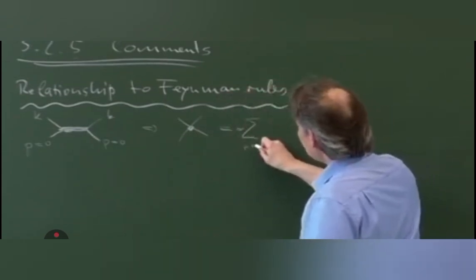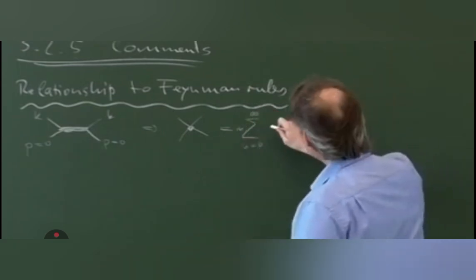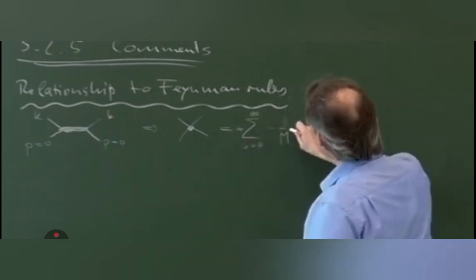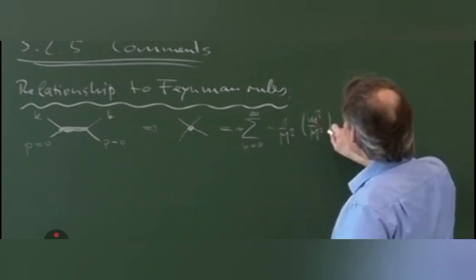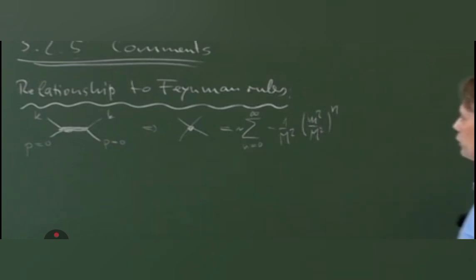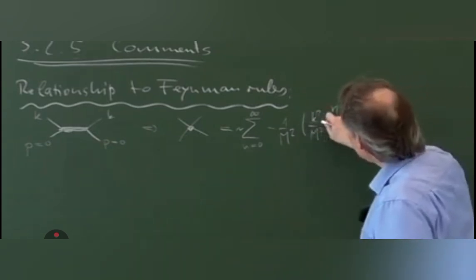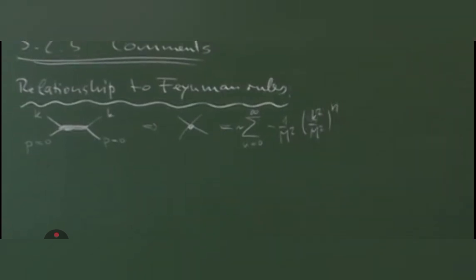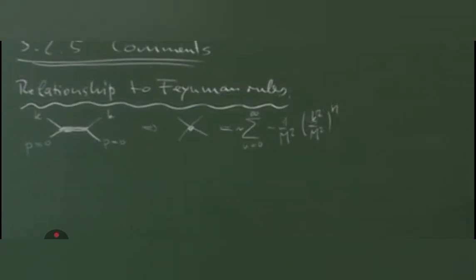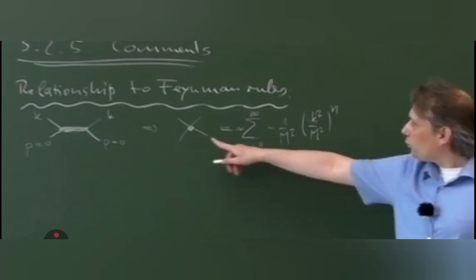I'm ignoring the coupling constant as a prefactor, so we have a sum n from 0 to infinity of minus 1 over M squared times k squared over capital M squared to the power n. Here of course we have the momentum k squared over M squared. So tree-level matching of our fundamental theory to an effective theory at lowest order produces here a vertex minus 1